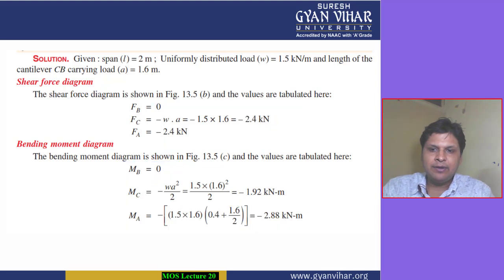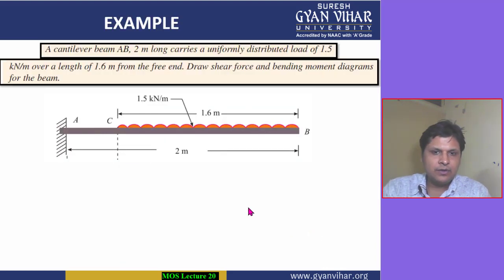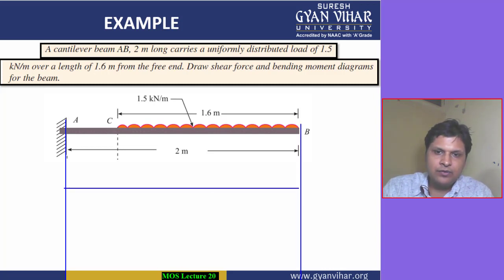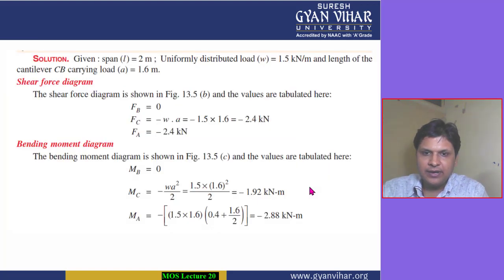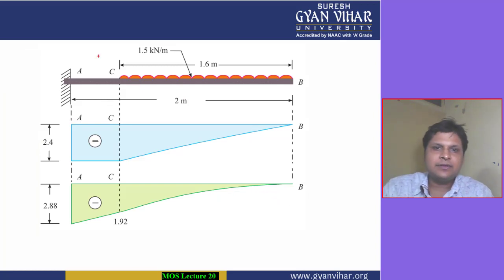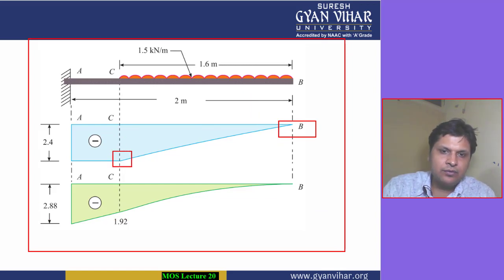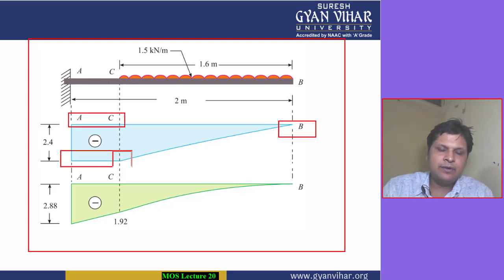After calculating the bending moment, both are negative, and we will draw the shear force and bending moment diagram. Shear force diagram I have already told you how to draw. For the bending moment diagram, the values are known to you. First of all, you have drawn the shear force diagram, and you have the final answer. Directly you can see this is the final answer, students. In the shear force diagram you have 0 value here, then some value minus 2.4 at C. Then there was no load from A to C, so again this will be a horizontal line here.